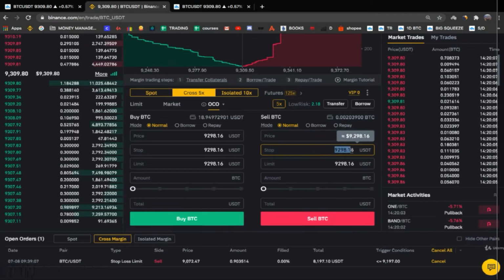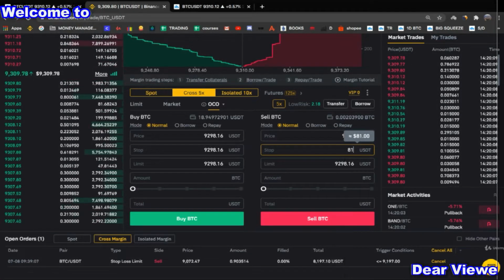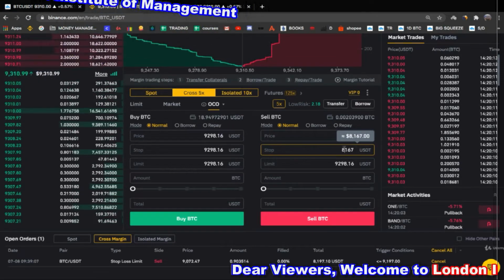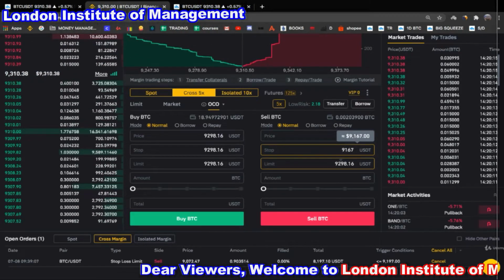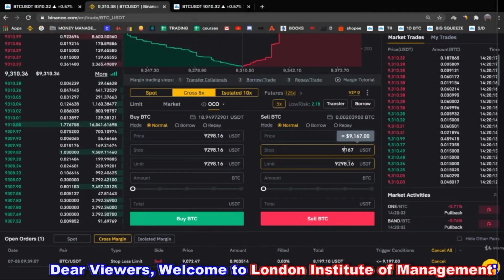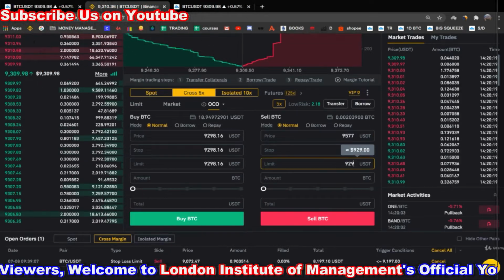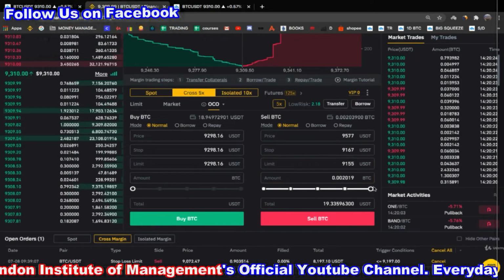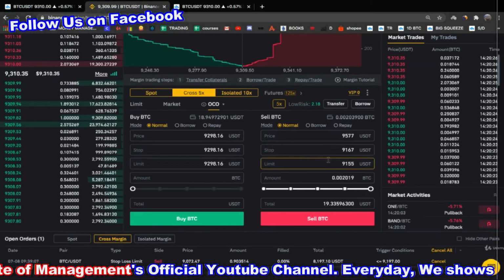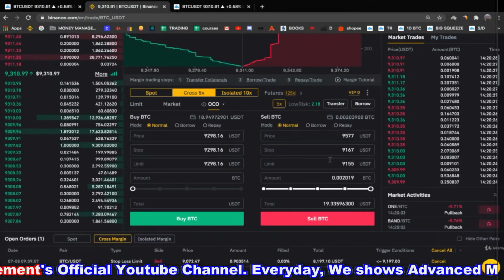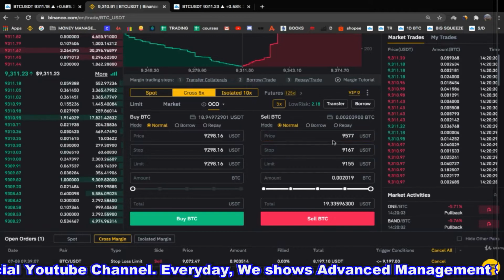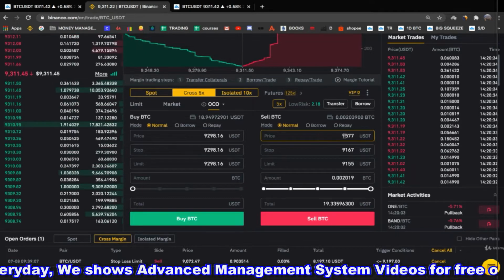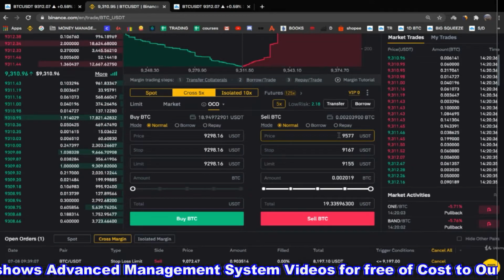You have the option to do this, and to do this from our previous example, right? So we are going to use the same example, 9,155. These two are the stop loss from the previous example that you already know about, right? And now the third option is the take profit option.